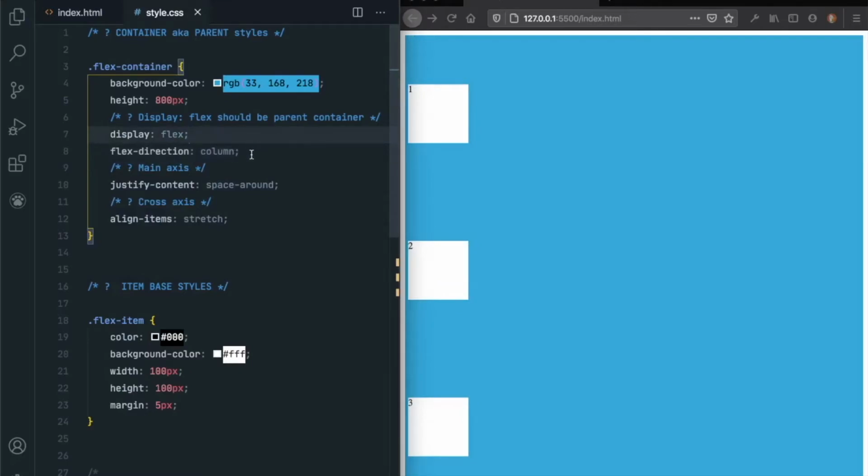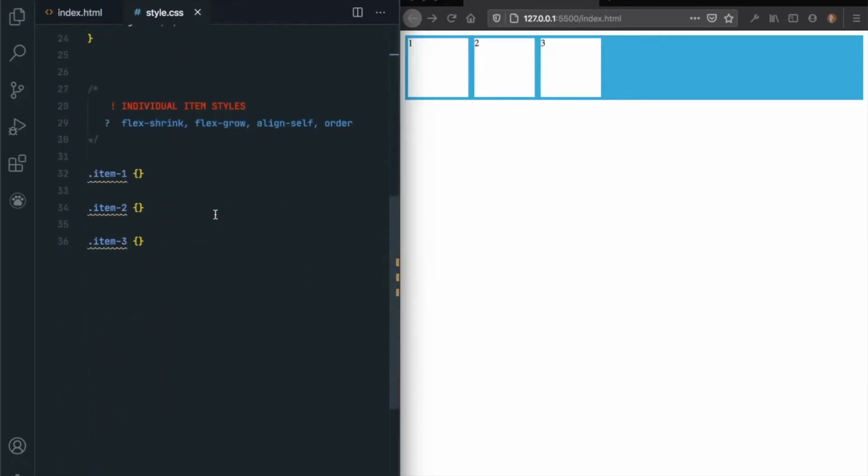And you can see here, right, since we have applied the direction as column, now the main and the cross axes are changed. Now the cross axis is from left to right and the main axis is from top to bottom. So the stretch will make the items be at the default position, and space around will make the items have an equal amount of space around these three items. So the main axis is from top to bottom and the cross axis is from left to right. Now let me comment these lines out in order to move further.